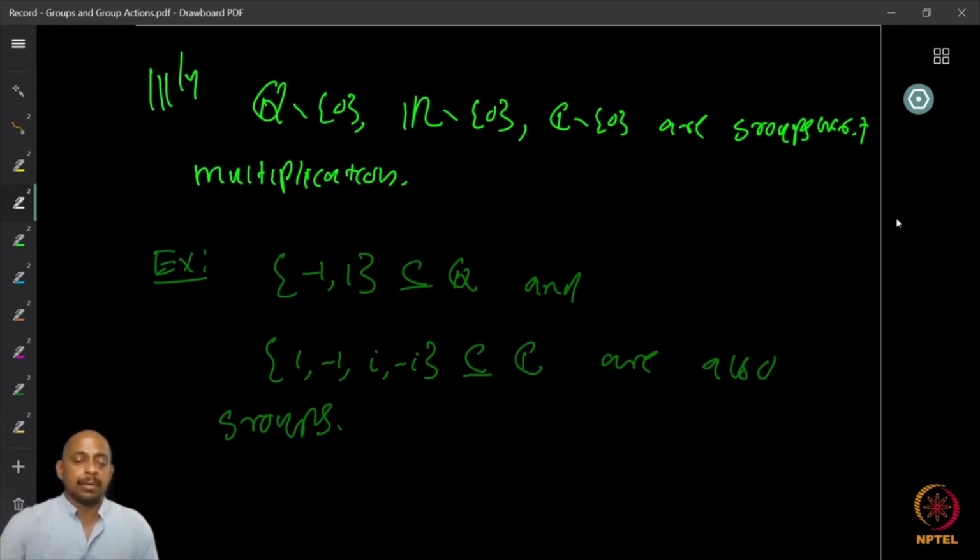So I insist, if you are not familiar with groups, you should work this out, try to verify each of them is actually a group with respect to the operation that we are discussing. Then